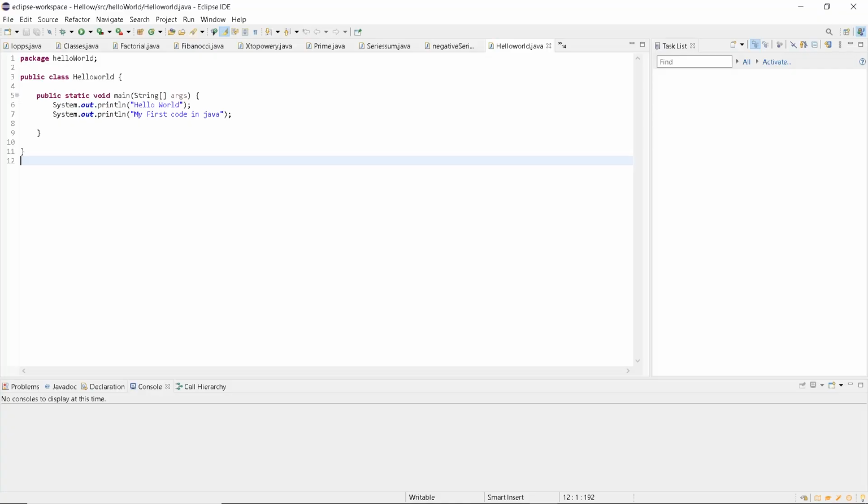So one more thing to mention: when we write a string, we mention them in double quotes. Like you could see hello world over here. This hello world is a string, so we mention it in double quotes. But when we print out some variable, we don't mention them in double quotes. Well, what a variable is, we'll see right now.